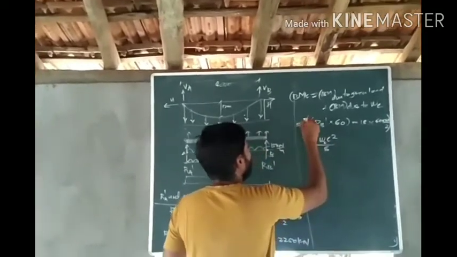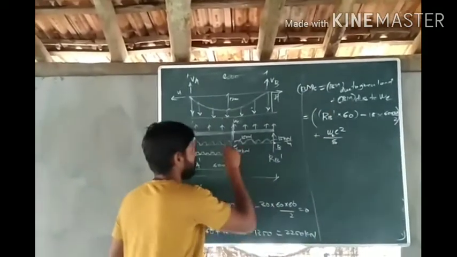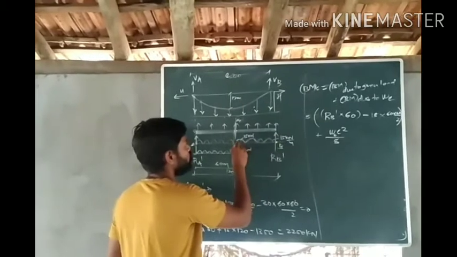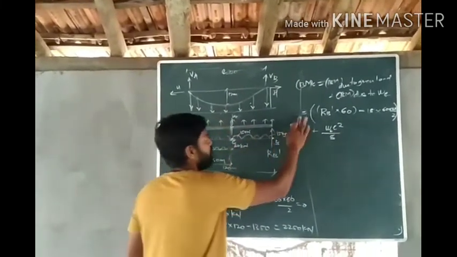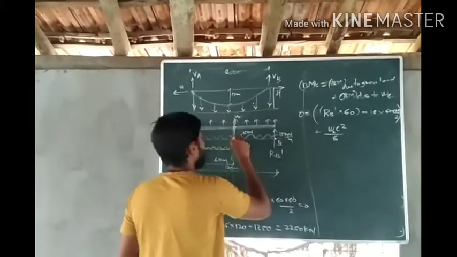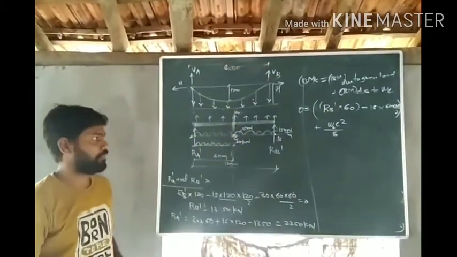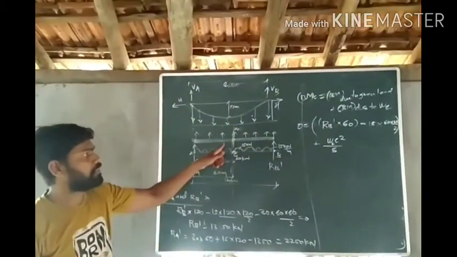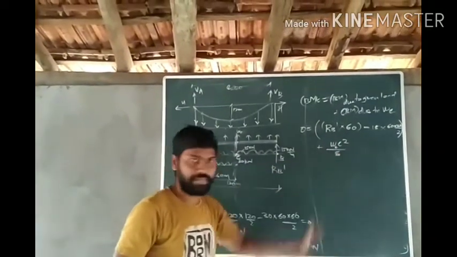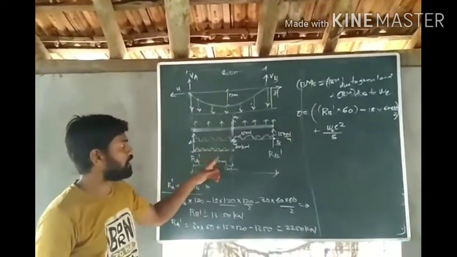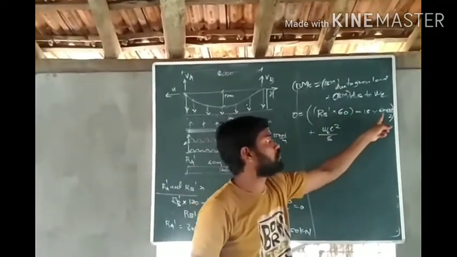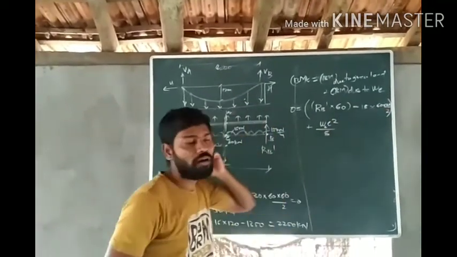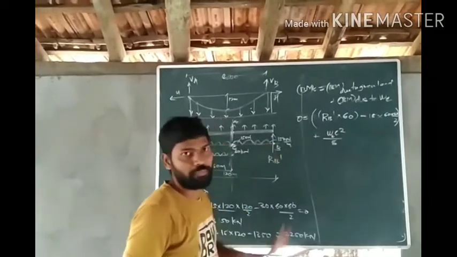Okay, but the total bending moment at C in the stiffening girder should be equal to 0 because there is an internal hinge. So total bending moment किती येणार आहे, तो 0 येणार आहे कारण C पॉइंटला इंटरनल हिंज आहे. फक्त UDL कन्सिडर केला तर तो येणार आहे WL स्क्वेअर डिवाइड बाय 8. फक्त गिवन लोड कन्सिडर केला तर तुमची ही व्हॅल्यू येणार आहे, RB into 60 minus 15 into 60 into 60 divided by 2. टोटल त्याची बेरीज 0 आली पाहिजे.